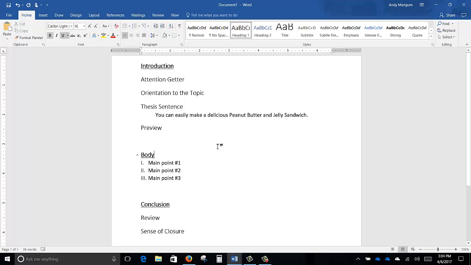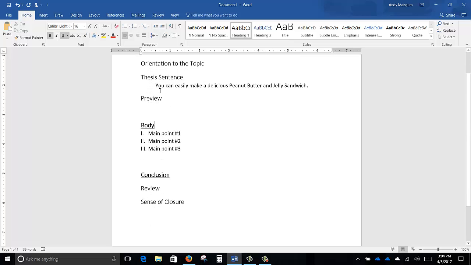Now, you would think that you would start with the attention getter, but don't go there yet, because you really don't know what this speech is about, and so you don't really know how to introduce it. Once you have written your thesis sentence, then you're ready to talk about your main points. What is it that you want to convey? For this speech, I'm going to use a fairly conventional three-point concept of ingredients,